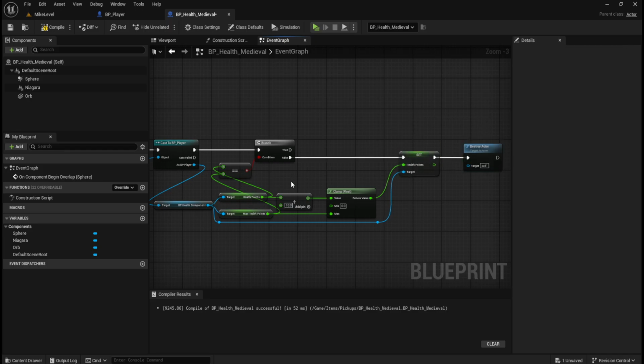So basically, the check is: is the player at max health? That's basically saying, does the health points equal the max health points? So, does the health points equal 100? If it does, so as in we're in max health,